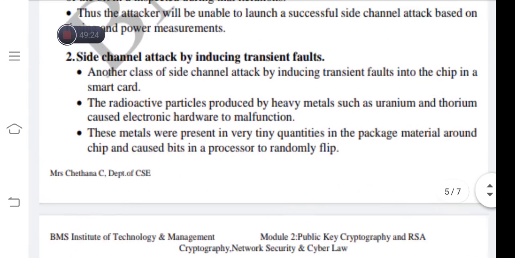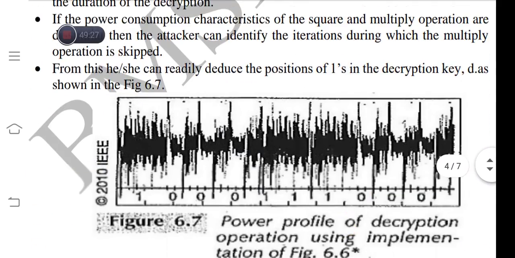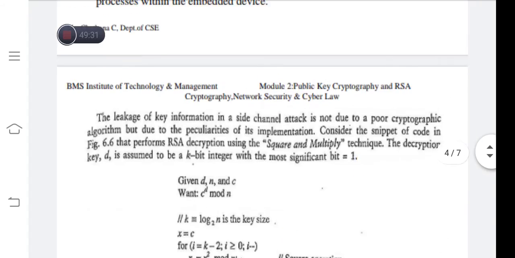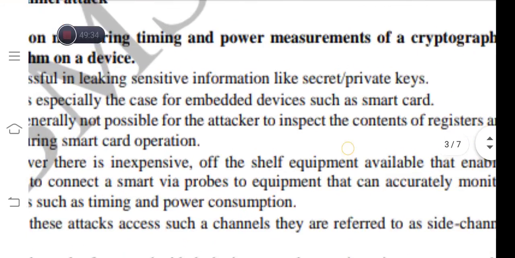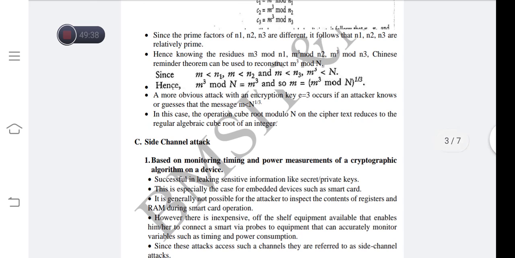Okay, so today we discussed the various practical issues associated with the RSA, that is, while generating the prime values, what are the possible methods an attacker can use to find out the prime values. Then the various types of attacks like modularization, factorization, side channel attack, and small exponent attack.